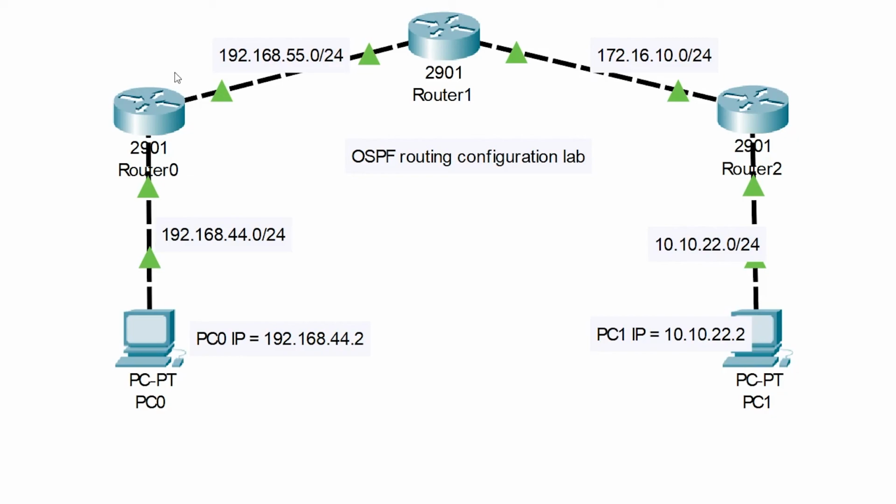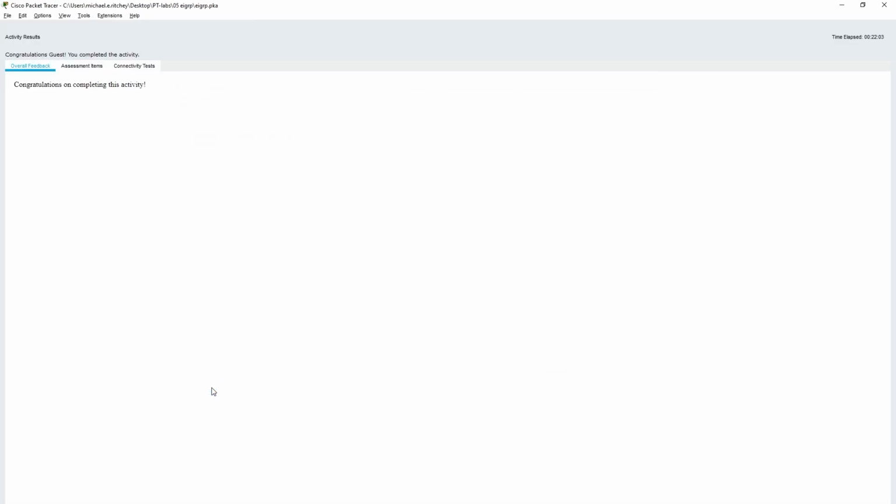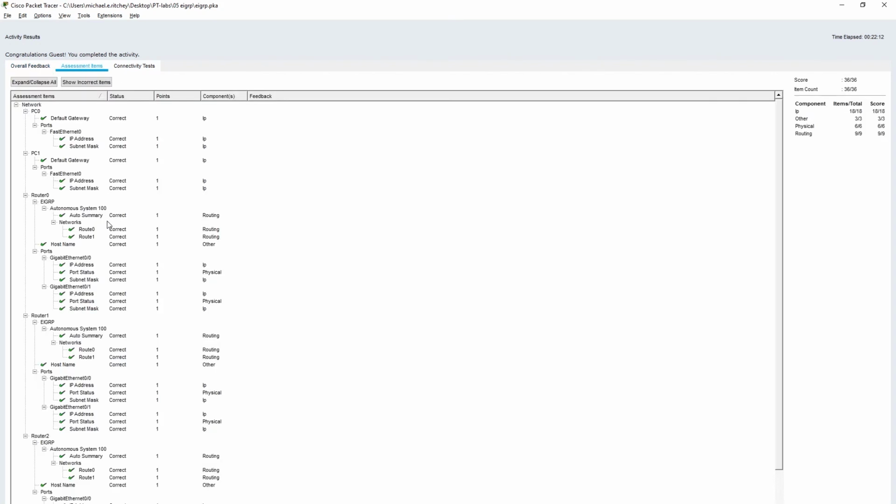So with any luck, when we get finished with this, we'll be able to check the results. Congratulations on completing this activity, and everything has green check marks, so we're good.